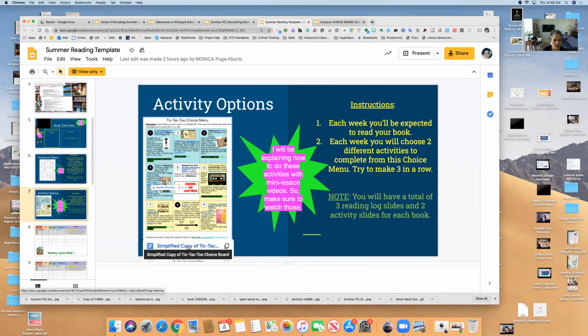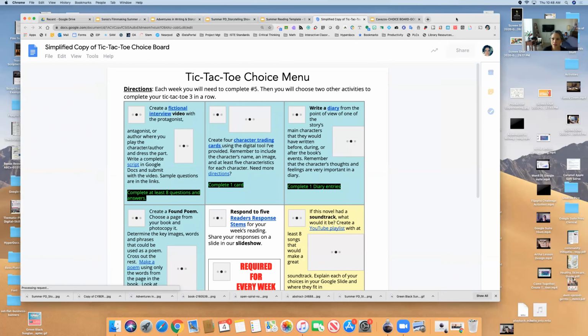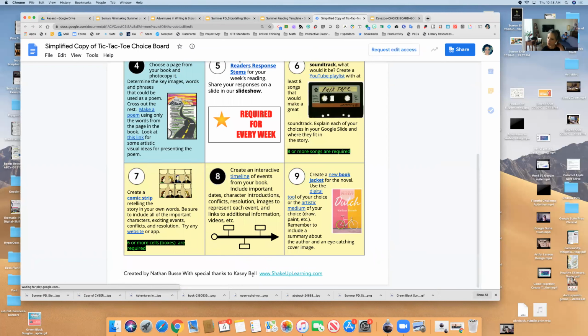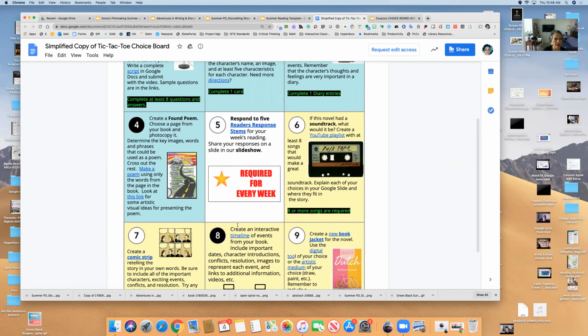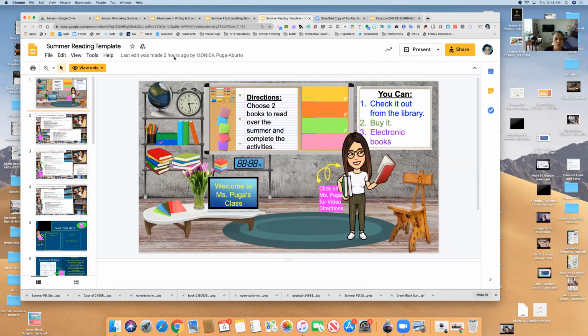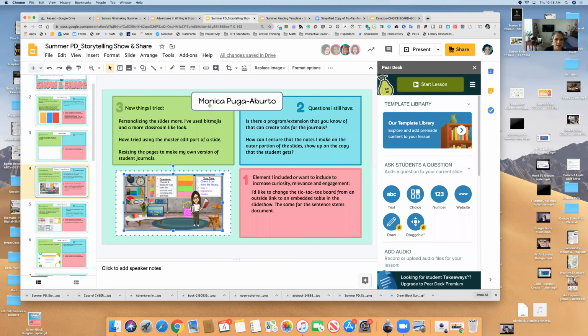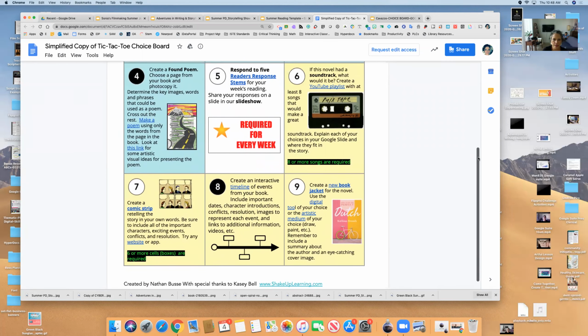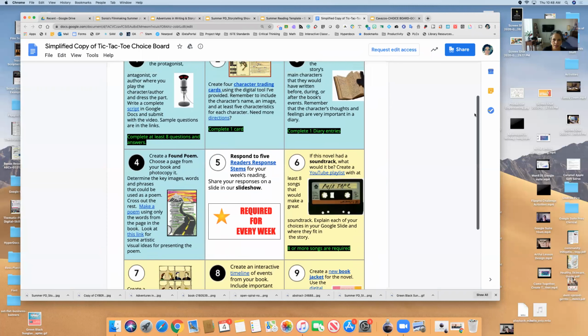This is a choice board. And this is a choice board that actually came from, if you look at the bottom, Casey Bell at Shake Up Learning. She's got amazing templates there you can use. And Nathan Bussey over at Bonham is the one who created some of these activities. And then, let's see, was this Valerie who did this? Let me check her name real quick. Oh no, Monica, sorry. And then Monica came in and made a couple more edits on top of Nathan's work. So we've got a mix of what Nathan did and what Monica did here.